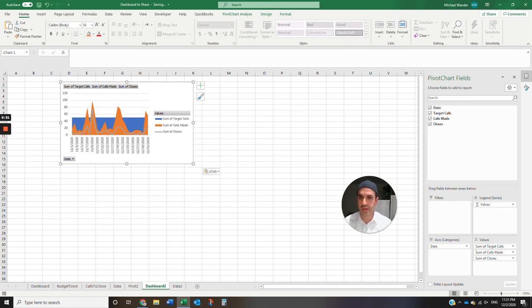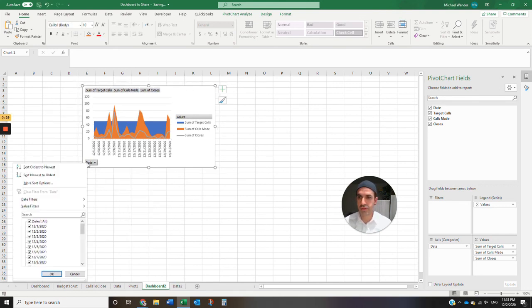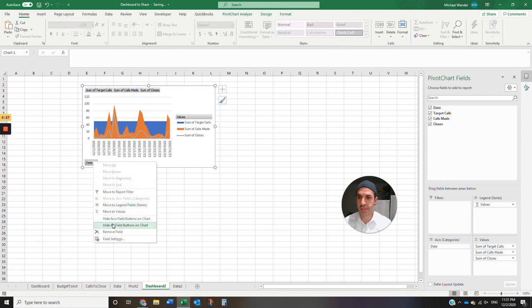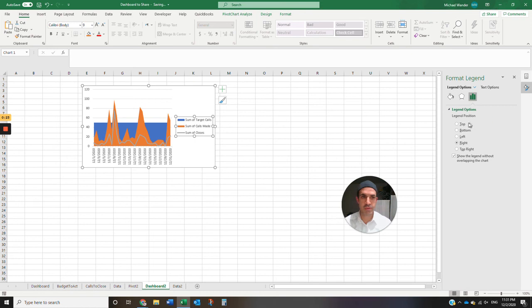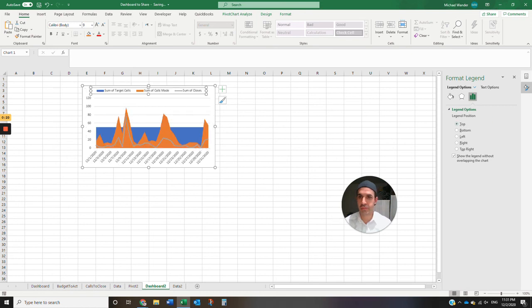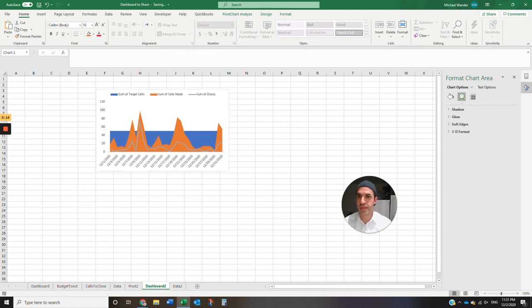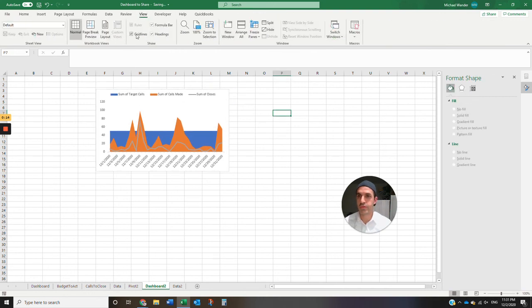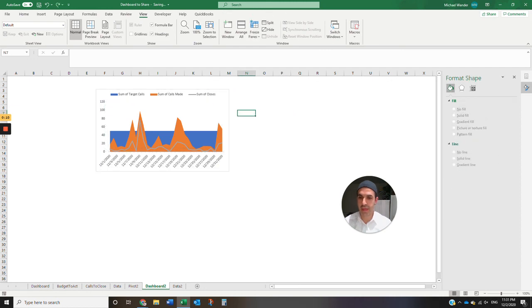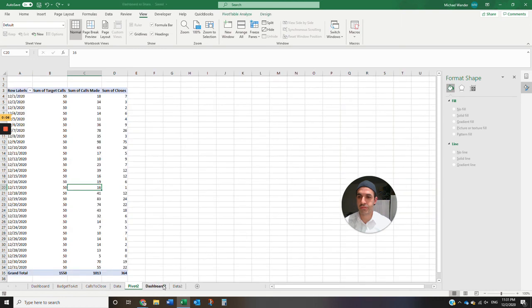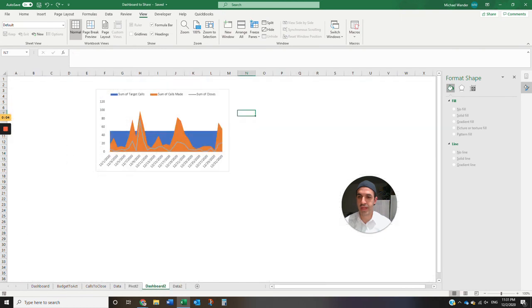So then I want to remove these things right over here. Hide all field buttons. I'm going to put these to the top. I'm going to have to pick this up in a second. It's all right. And then I'm going to remove these grid lines just to make it look a little professional. And I'm saving this. So again, all these 2's down here relate to what we just did right now, the data, the pivot, and the dashboard. And then last thing we're going to